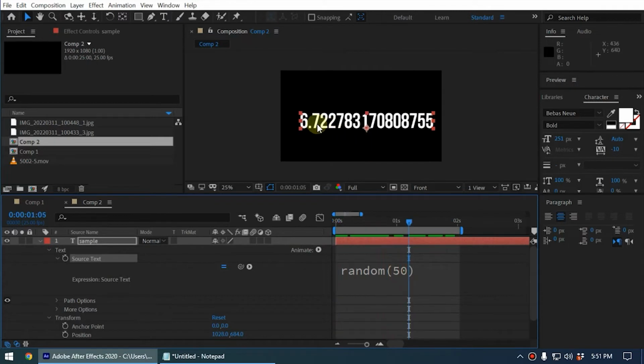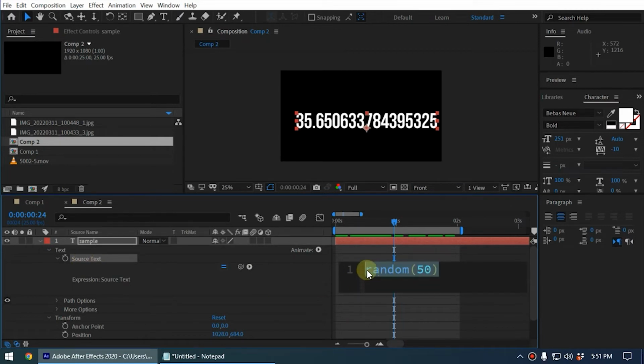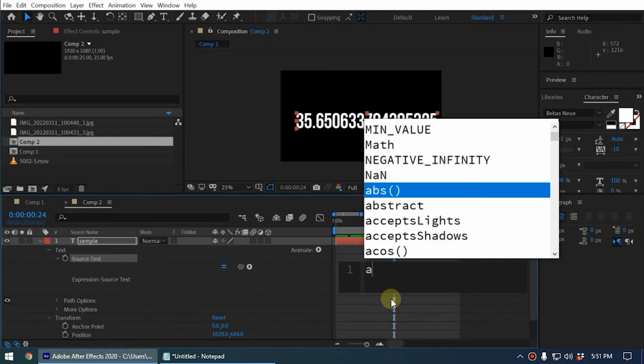Now you can see these decimal points. For whatever reason, if you want to make it round, that means if you need to remove the decimal numbers, you can use the JavaScript math inside After Effects to round this. To do that, you need to create this as a variable. So for the source text, I create a variable called a, so a equals